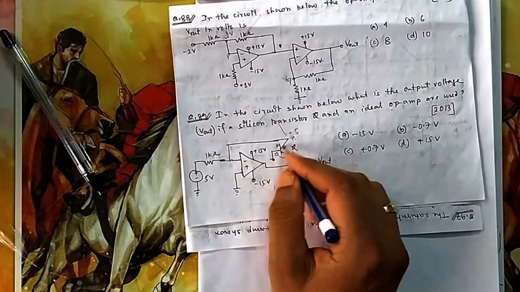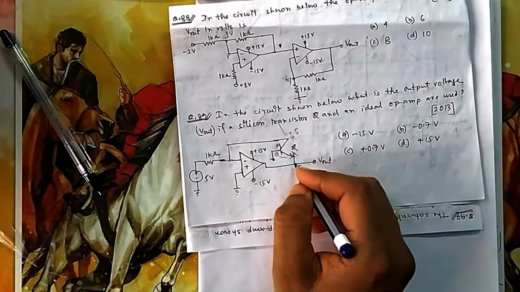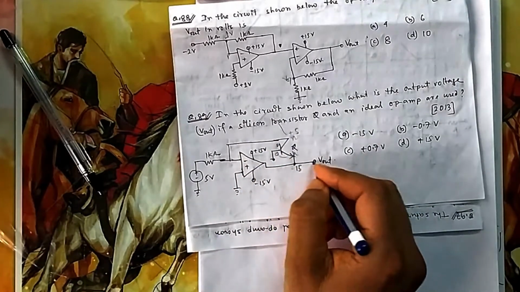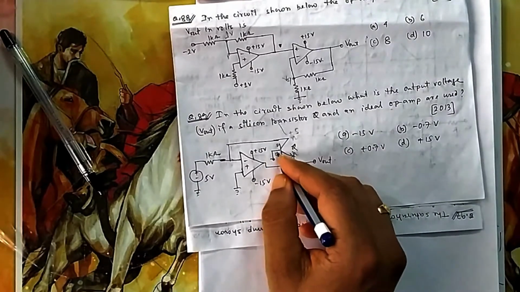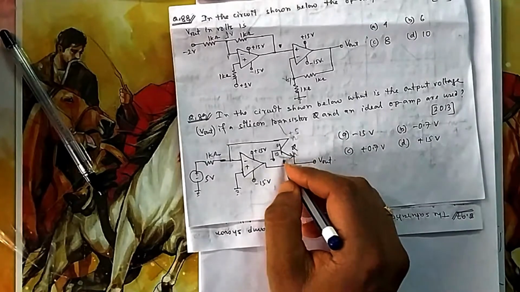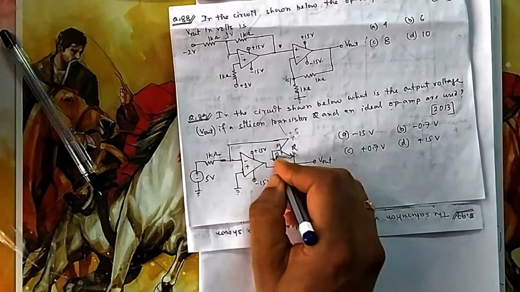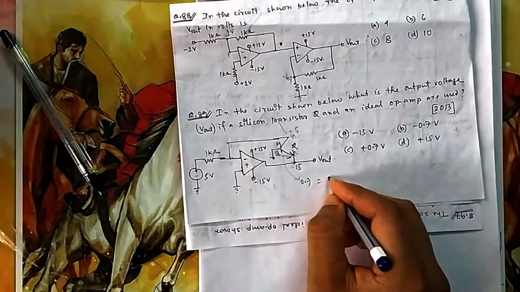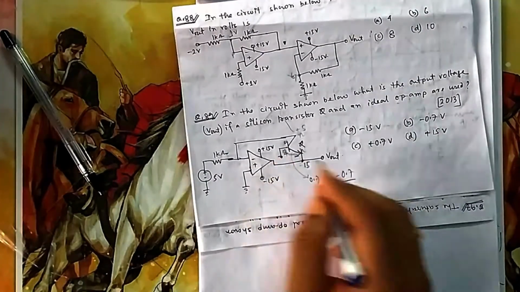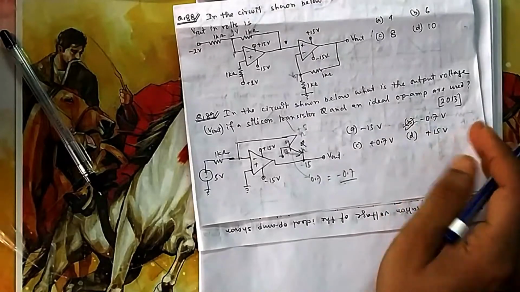But you know it is a feedback, it is a switch. Now you need to find this voltage. What will be this voltage? This to ground, you already have a path because it is a PN junction, so obviously there will be a drop. And what will be this drop? This drop will be plus minus 0.7. So from here, if you see ground, it is minus 0.7, because the transistor is on. That is your option B.